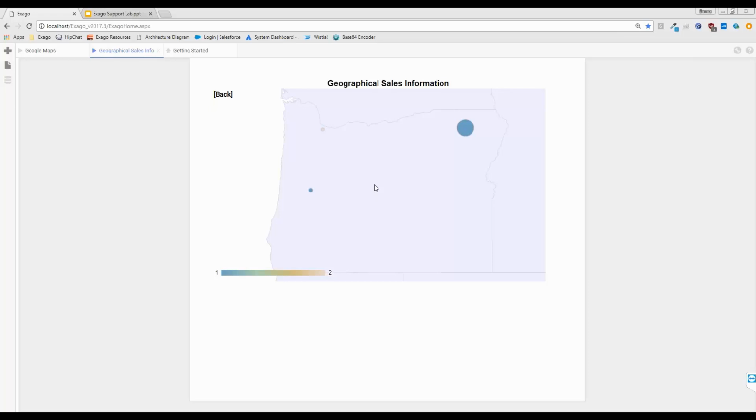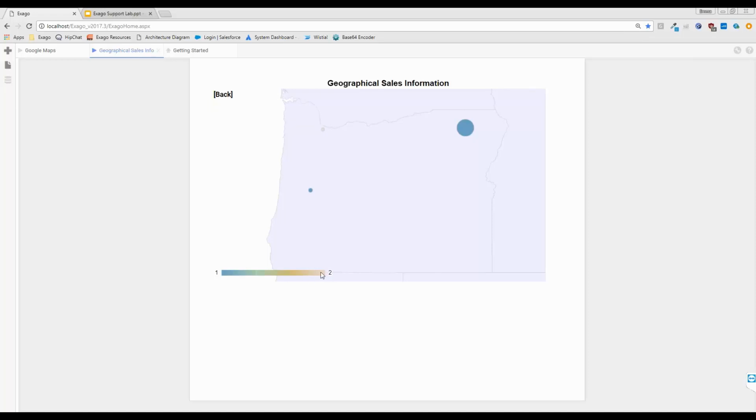The cool thing about GeoChart specifically is that of the 2 metrics I provided, I can specify which determines the color of the point and which metric determines the size of the point. In this case, I'm doing, as I just showed you, number of orders as well as the sum of the revenue. And the number of orders is what's determining the color of the point, the color of the dot here, right? So this company in Portland had 2 orders, which is why they are